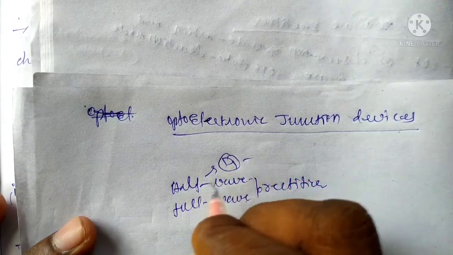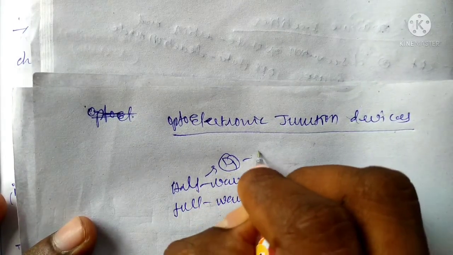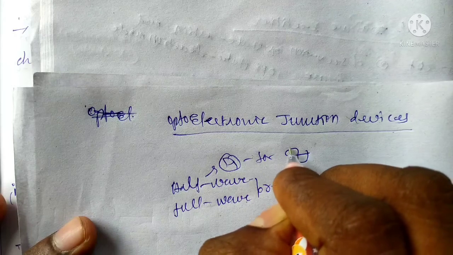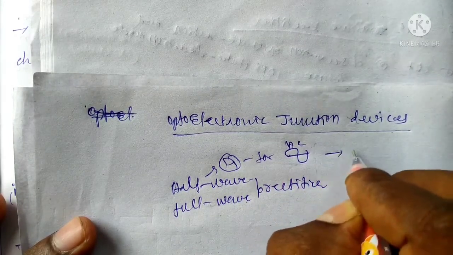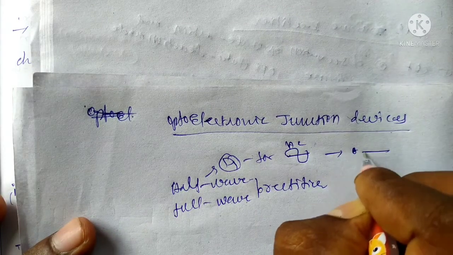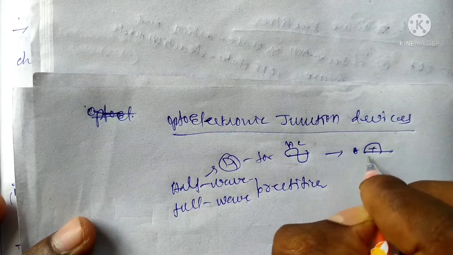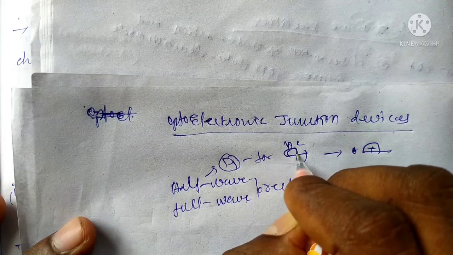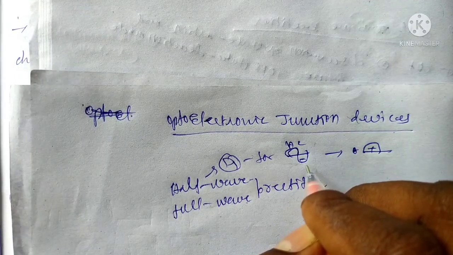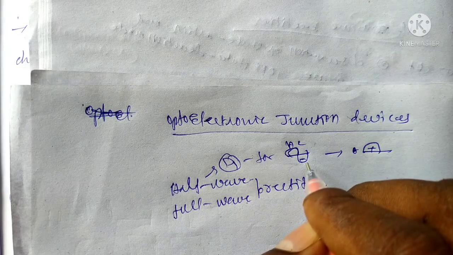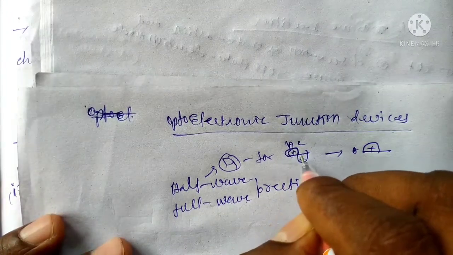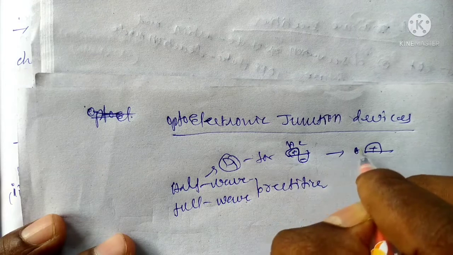The half wave rectifier works in the forward case. We apply the input voltage in AC form and we get the output voltage only when the positive cycle appears, that is, in forward bias. In the negative cycle, which is reverse bias, we do not get current, so the voltage across the load resistance is approximately 0. We get output only in the forward cycle.